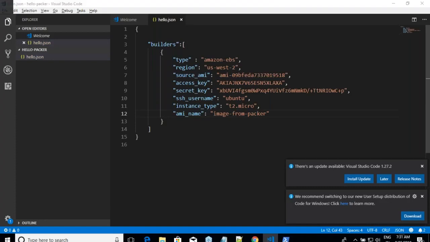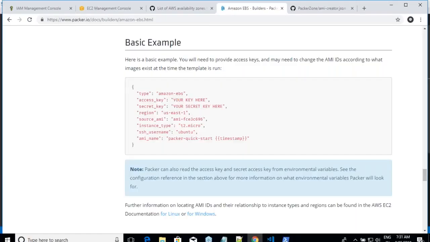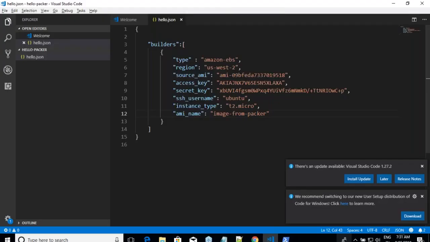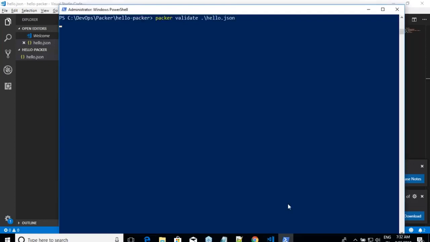So shall we do this now? What are the steps now? First thing is always execute packer validate, because we might have missed some things, right? It will tell you, yeah, everything has gone correctly. And then inspect will tell you what you are doing. We don't need inspect now. We have written only one section, and we know that it is going to create an Amazon AMI, right? And then packer build. I would recommend you using debug. In the classroom now, I am not using debug because it takes more time. It takes more time because I have to interactively press the enter button, right? So I do hello.json.